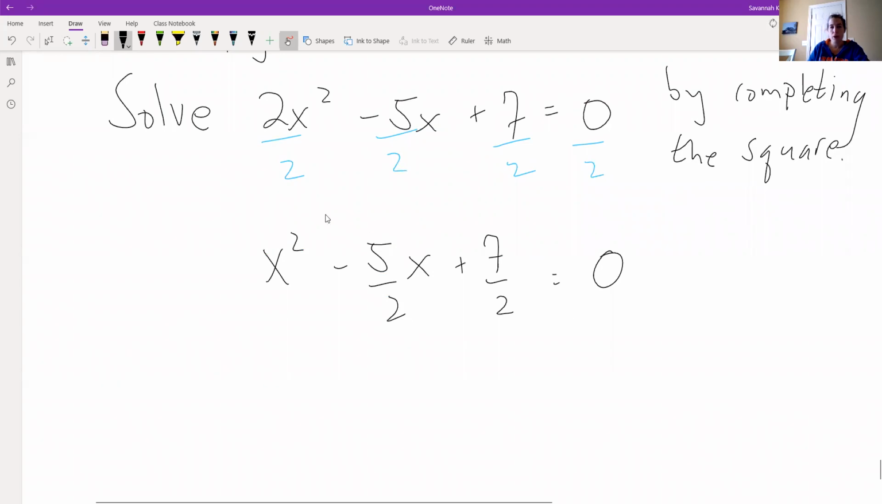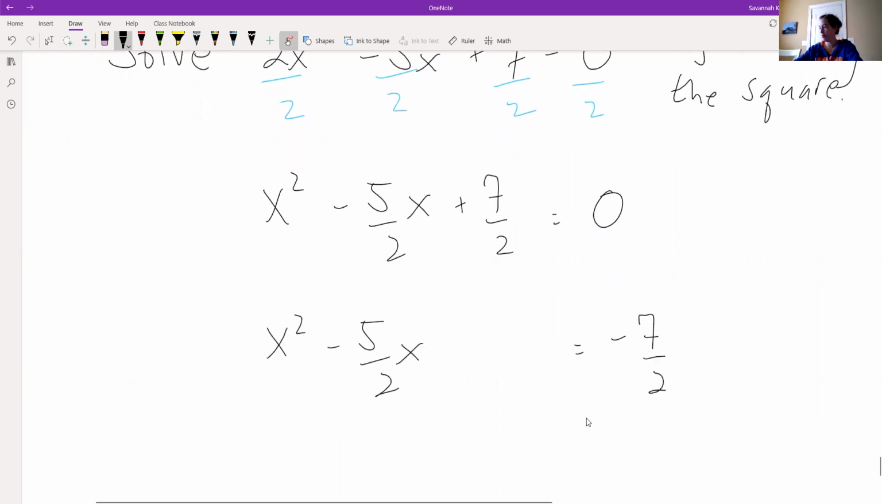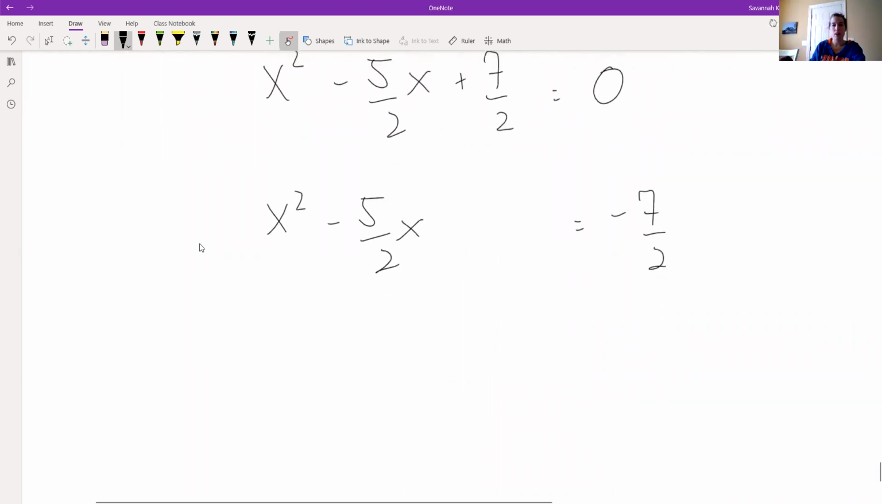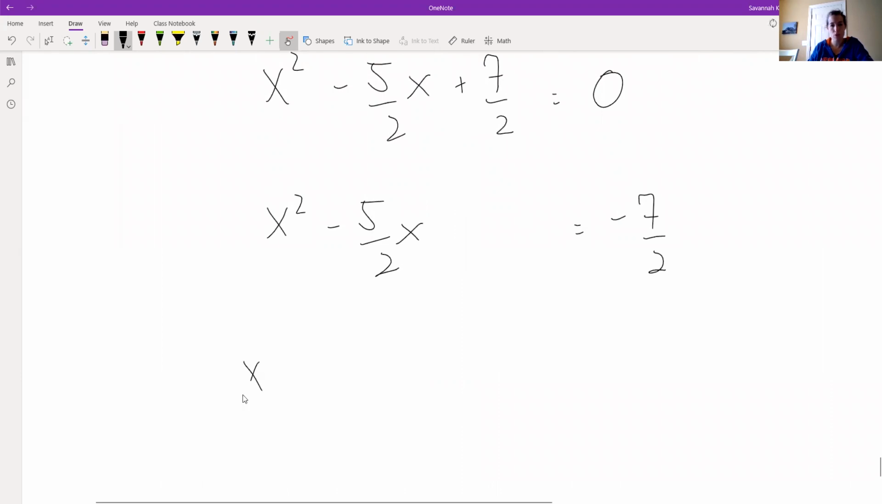All right, so this is where we are when we get rid of the 2. Then we push that 7/2 over to the right side. Now it's negative. All right, and what we want, as always,